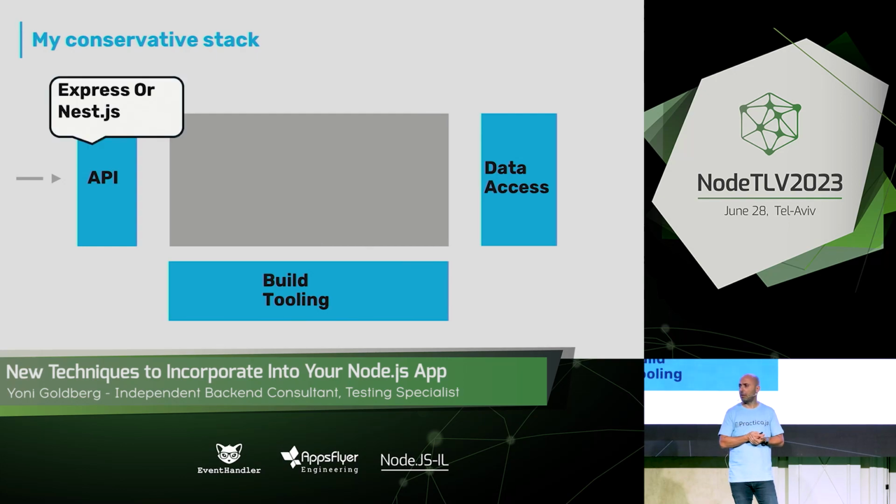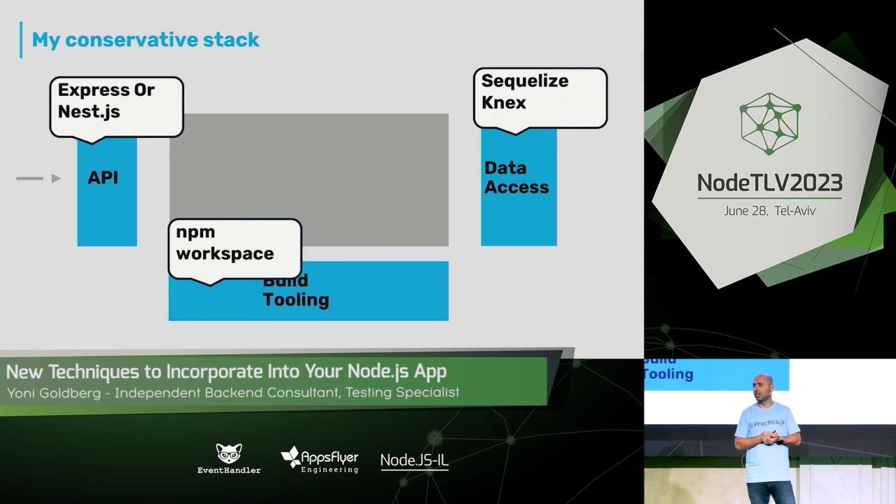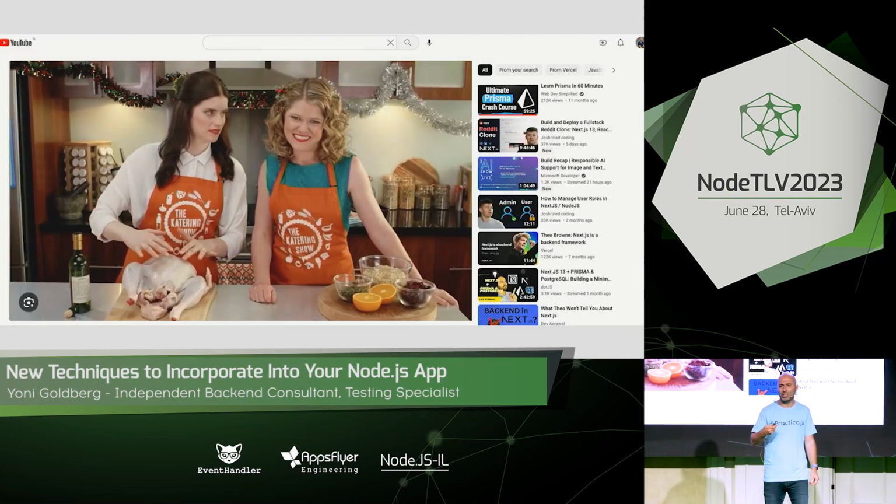So for the API layer, I'll usually do Express or Nest.js, data access, Sequelize. For the build tool, I use NPM workspace. Conservative stack. Now, I could live with this stack for a long time, only I really like YouTube cooking shows,